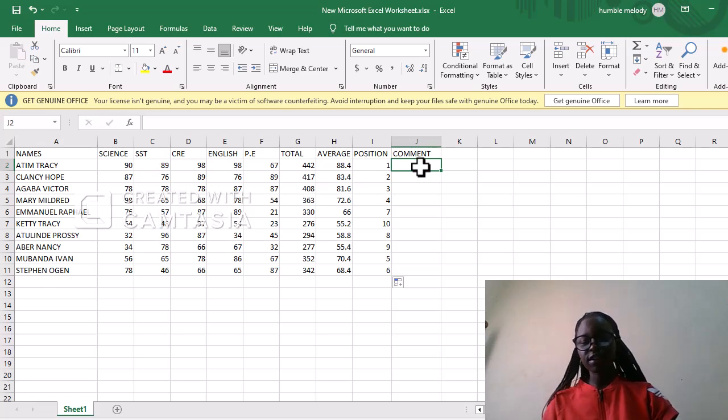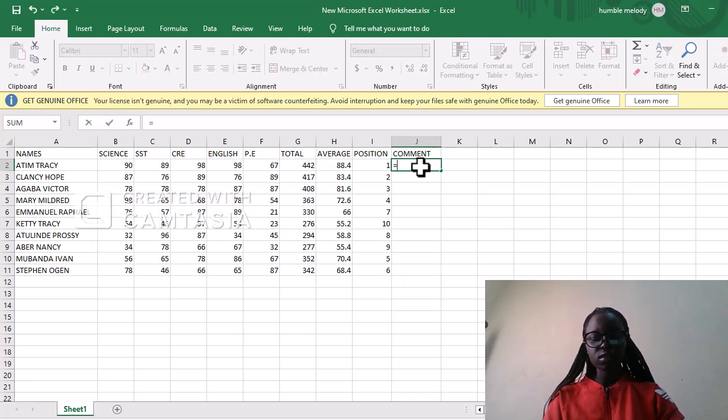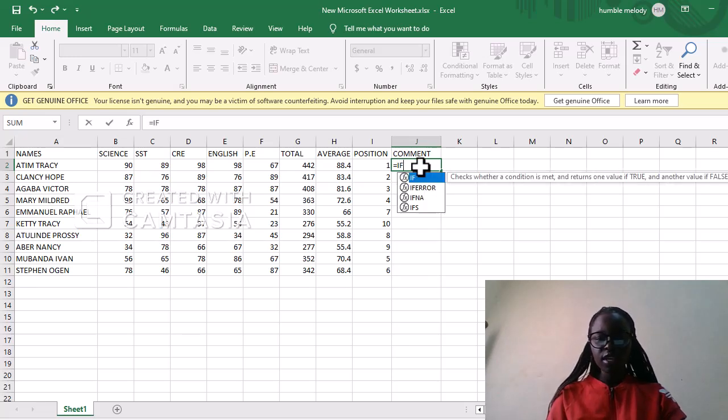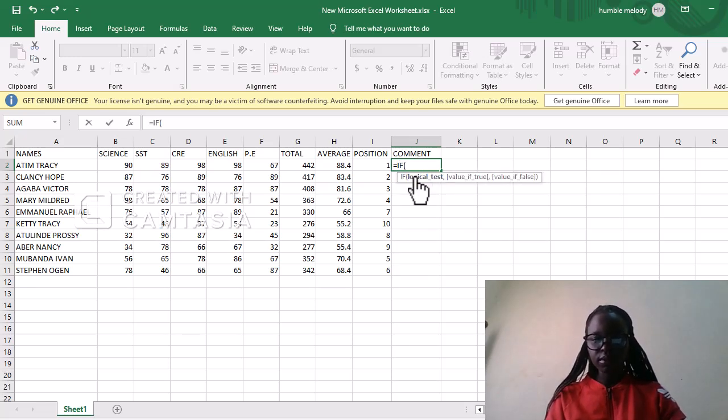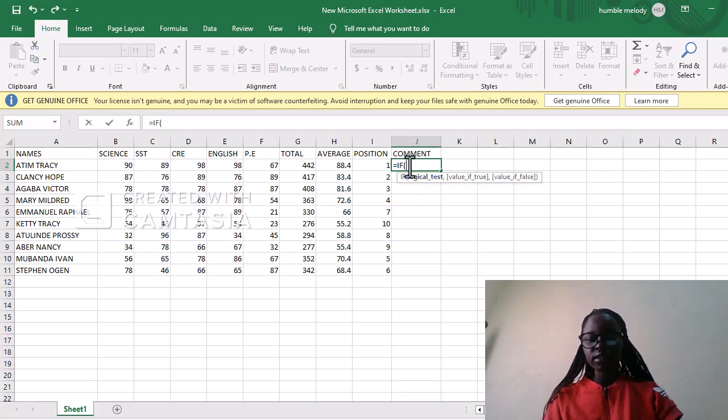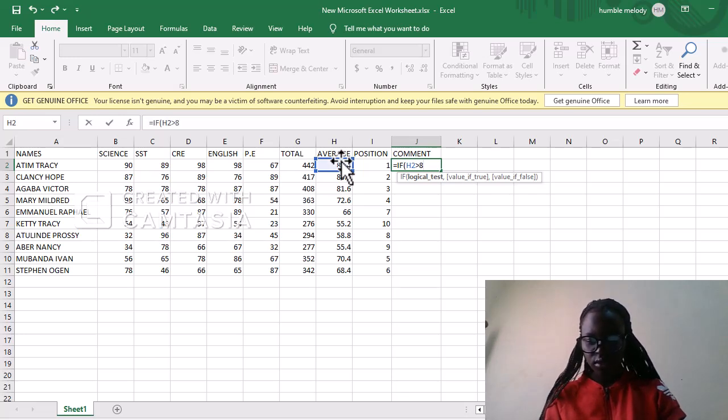We're going to use the if function. We start with the equals sign. Here, double click. Then let us say if. We're going to use the average. With this average is greater than 80, comma,